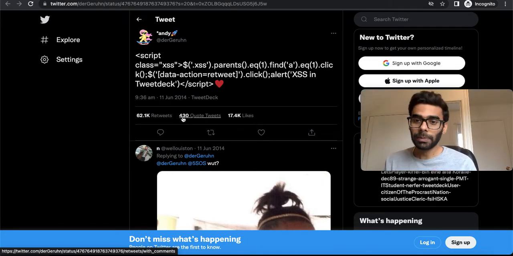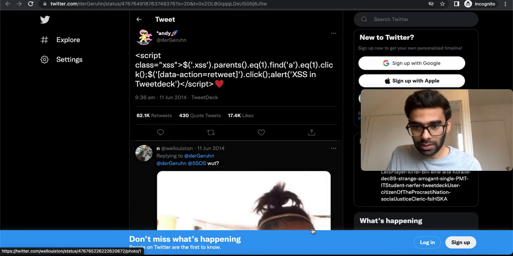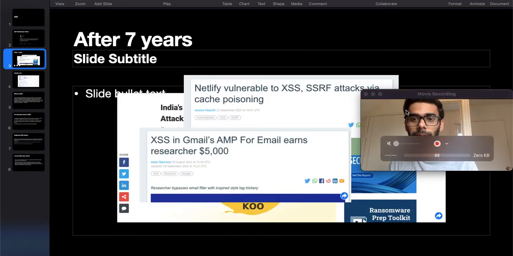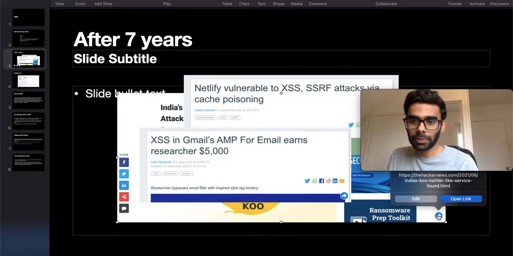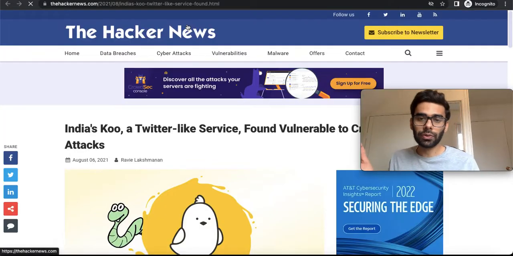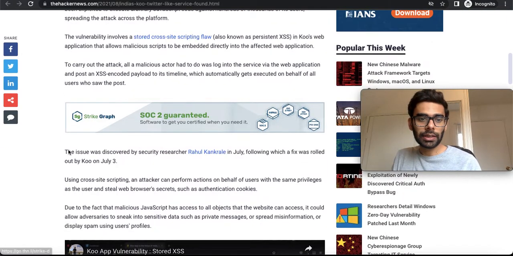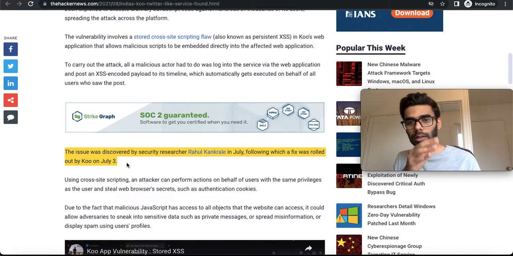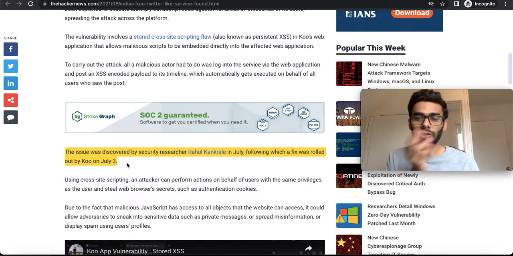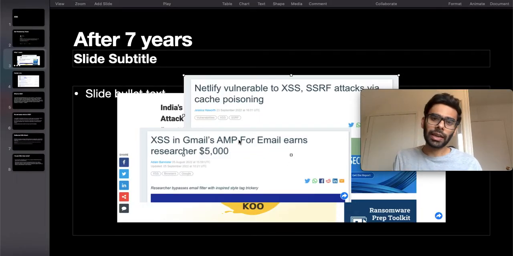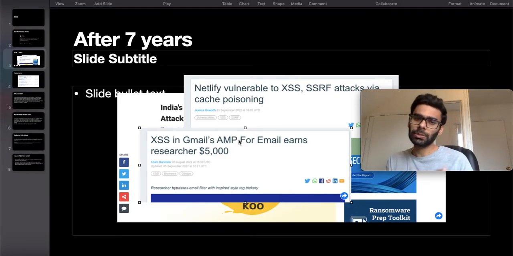Now, do people still find XSS attacks? To answer that, let's jump back to my PPT, and if we go to the third slide, you will see all these attacks. There is this website, Koo, the Indian version of Twitter, where someone found an XSS vulnerability just last July. Someone found an XSS vulnerability in Netlify, and someone found a vulnerability in Gmail and they paid him $5,000 as a